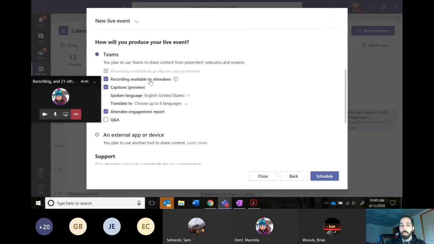Recording. So any of you can go back to that original live event link that was sent around for that A&R-wide meeting and watch that whole meeting again from start to finish. It's the exact same link, and you can go back and watch it at your leisure. Looks like they just added the captions functionality so that you can have captions for hearing impaired folks. You can get an attendee engagement report, so it'll tell you how many people came in, when they left, and you can also